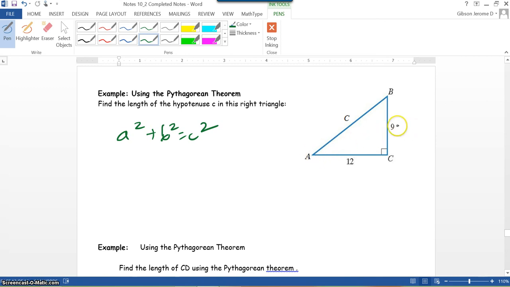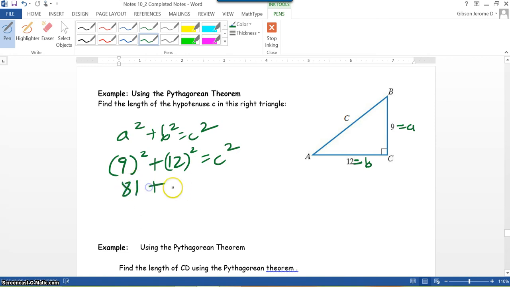So this is capital A. So directly opposite will be side A. This is capital B or angle B, and directly across would be side B. And we have angle C and side C. So now we substitute. A is 9, B is 12, and C we don't know. So this would be 81 plus